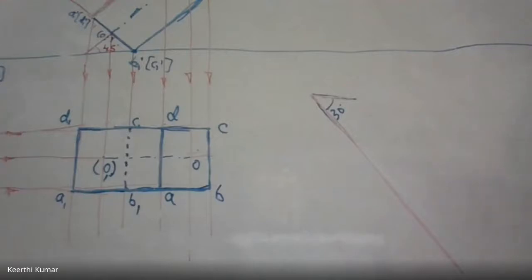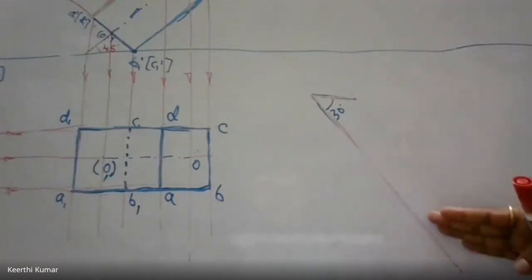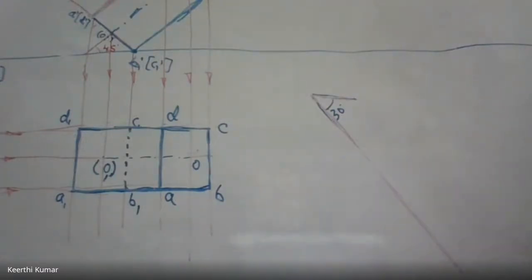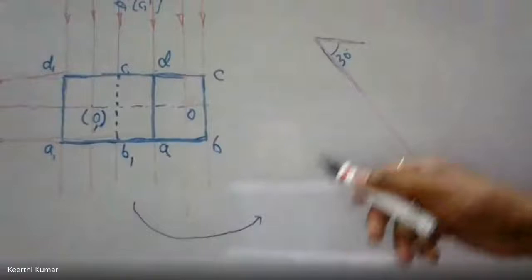Out of those 4 edges, one edge should rest on HP, and the same edge should be at an angle of 30 degrees to VP. On which base edge is it resting on HP? It is resting on C1, B1. Correct? So the same edge has to come on the 30 degree line. But which figure? You should copy this figure now, as we did in the laminas. We should copy this figure here at an angle of 30 degrees.